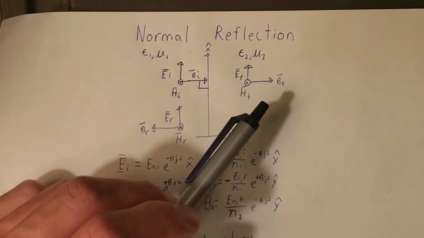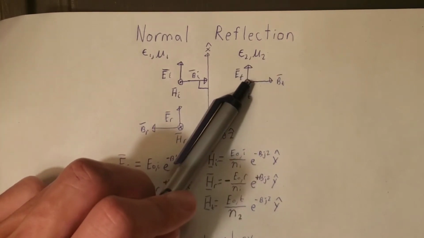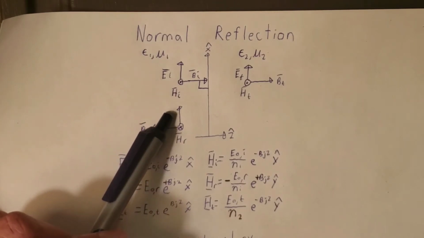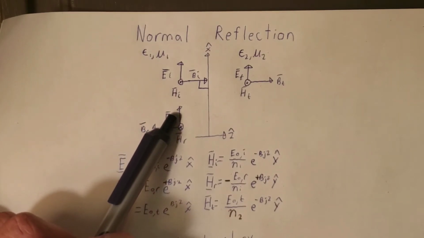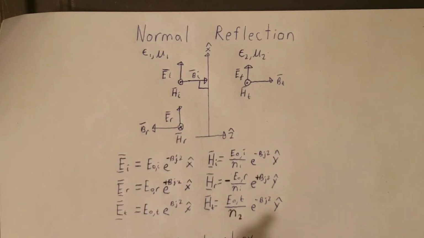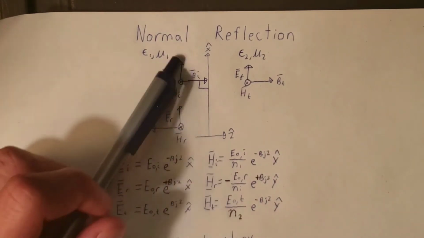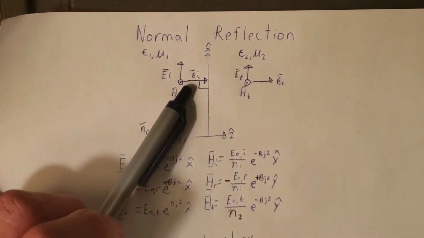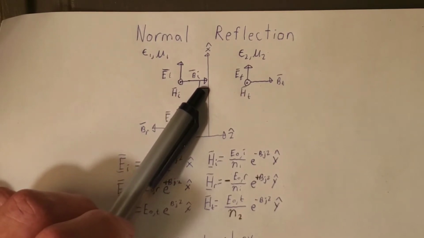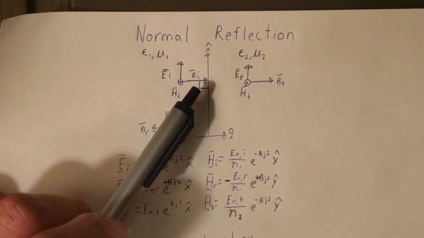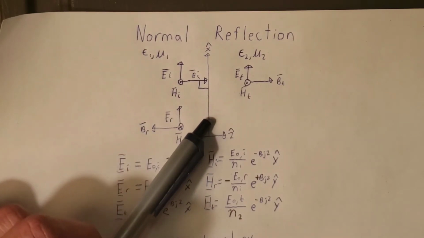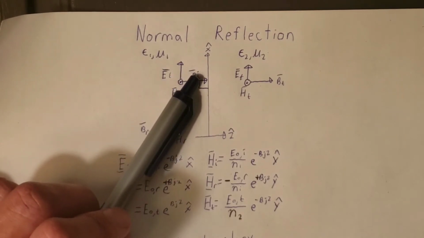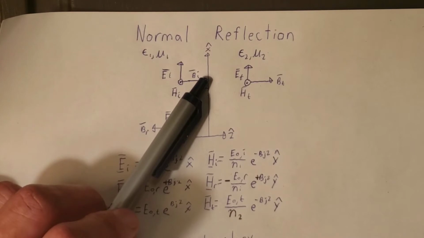Our goal is to determine the direction of the propagating wave that's being transmitted and reflected, as well as their field amplitudes. This is a fairly complicated problem, so we are going to be starting with the simplest case, known as normal reflection, and this is when the incident wave is going to be propagating normal to the plane of incidence. If we define our plane of incidence as being along the xy plane, the direction of propagation will thus be in the z direction,